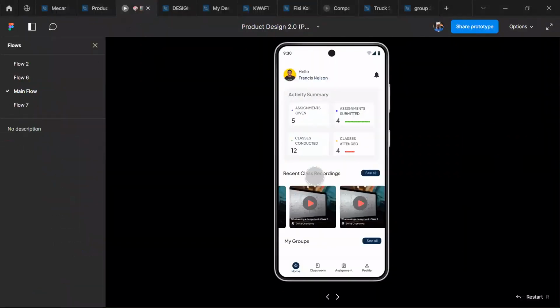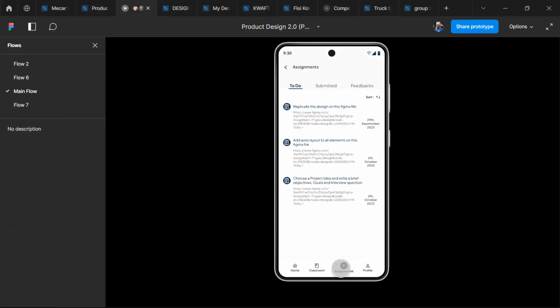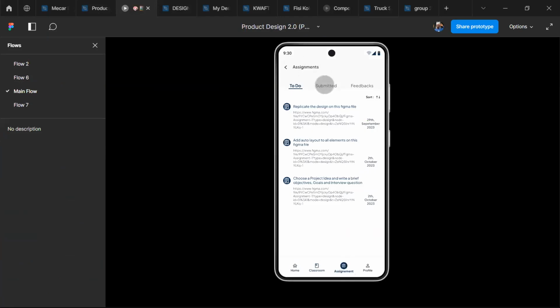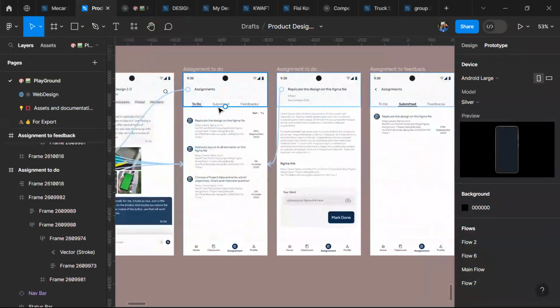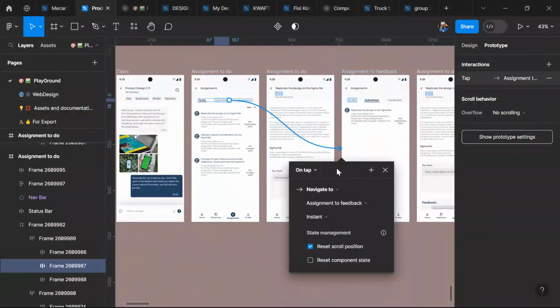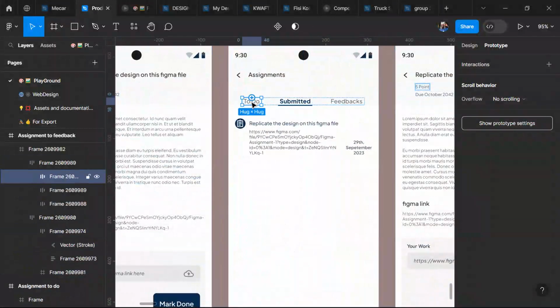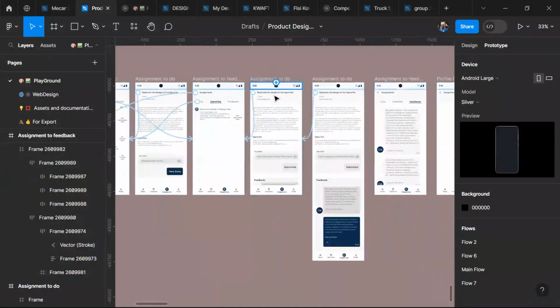Let's see. If I click on classroom, I can go back. If I click on assignments, I can still go back. If I click on assignment, go to submitted. I've not prototyped this one. So submitted and feedback. To do that, you can just come here. Since we already have it set, I'll click on submitted. Once I click on submitted, it should come here instantly on tab. Once I click on to do, it should go back to do instantly on tab. As I click on feedback,